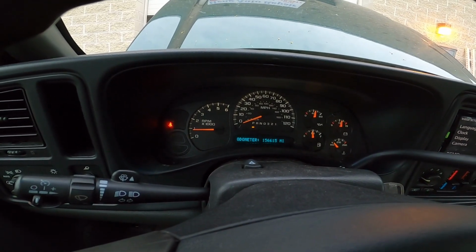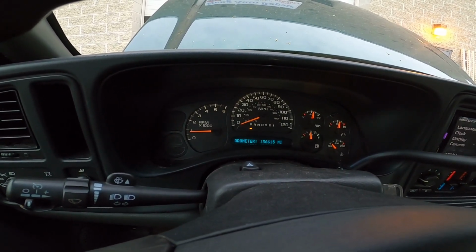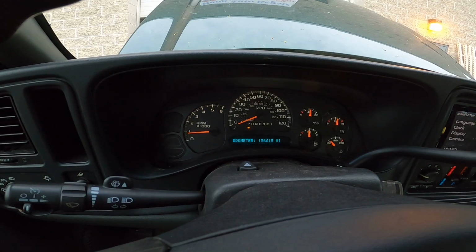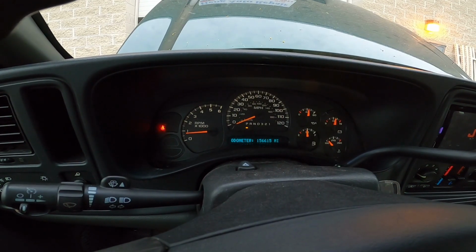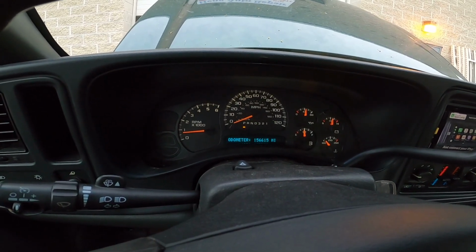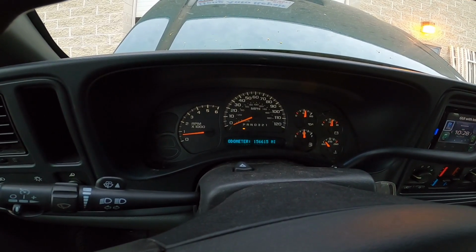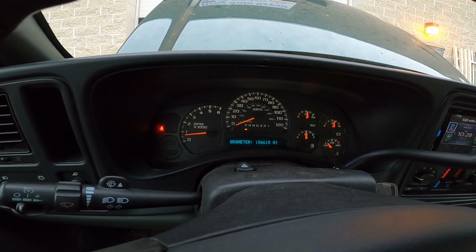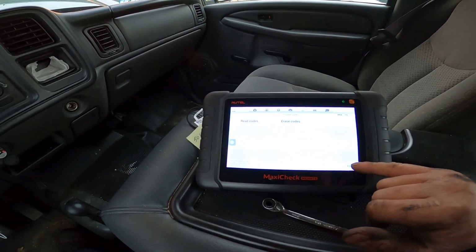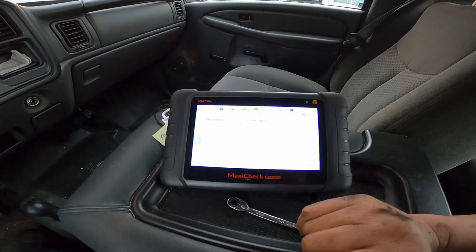So that is how to solve the service airbag problem on a Chevy, Chevrolet Silverado, guys. Very simple, and you can save a lot of money. But before you replace the sensor, you should let a mechanic diagnose it, or if you have a big scanner, you can diagnose it by yourself. Or you can try the sensor first and see what's going on. On that car, it's a very common problem on the airbag. I check a lot. So there's a code in here. I'm going to clear the code. Boom. Yeah, it's ready to go, and it's all set. No more code